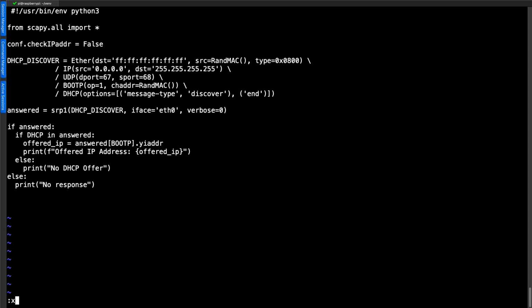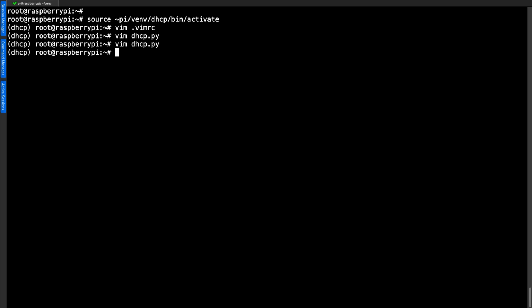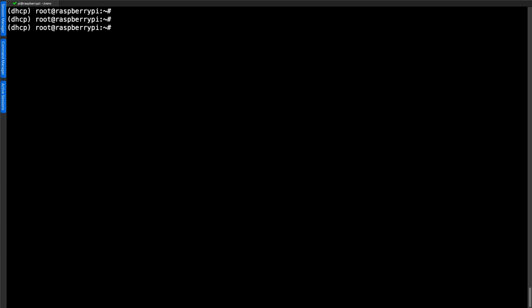And it's relatively simple because it's really the Scapy module doing all of our work. So we can go through and save that. Now it's the fun of executing it. Python 3, and then we can use escape and dot to bring up the script name. Then we can see that we did get an offered IP address coming back. So we've been able to test that our DHCP server is up and running on the network.